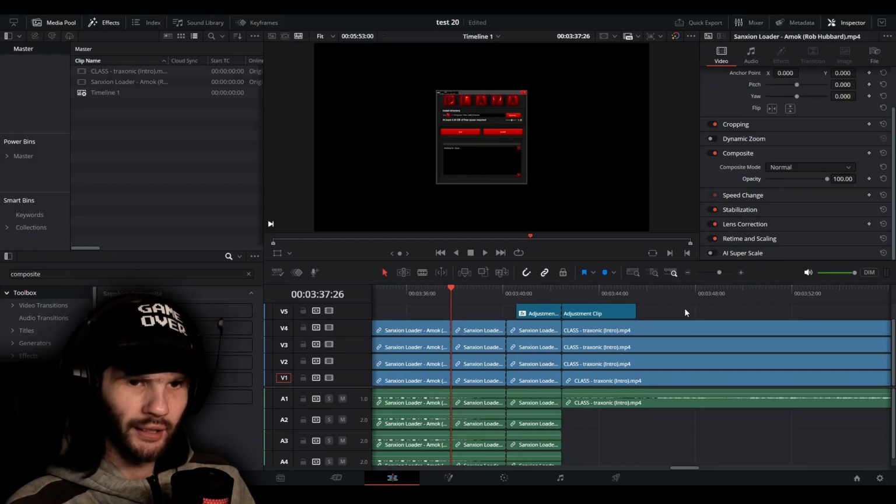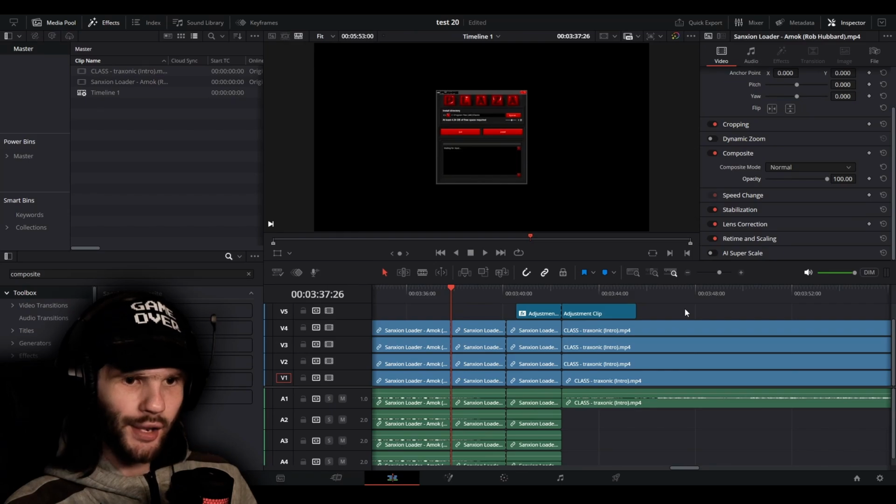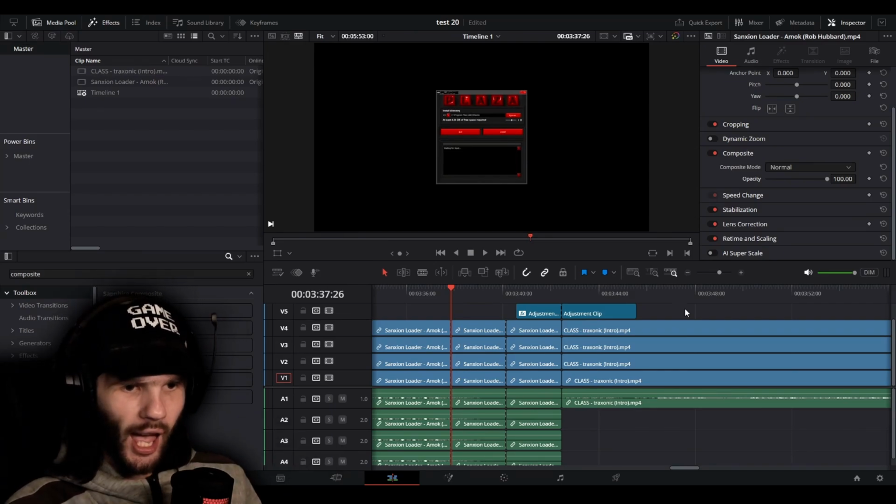So it would be nice if Resolve could do these. I mean, okay, it's different software and different software does different things, but especially because you're coming over from Premiere Pro, it would be nice if you could just do these things. But because there are workarounds, I'm not too fussed about it. But yeah. Oh, there's one more thing that I need to talk about, and that is keyframing and timelines and